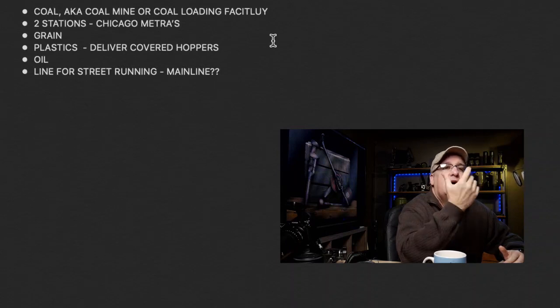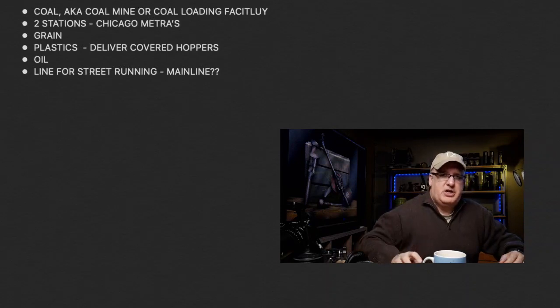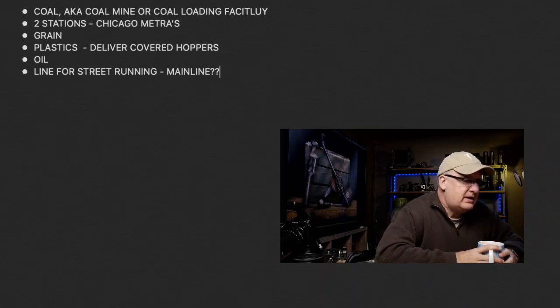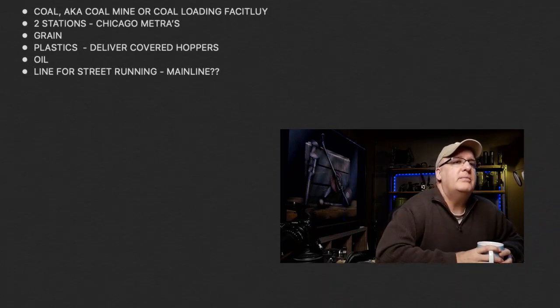Let's see here. I'm just reading some of the comments here. Yeah, well, I built this house with the idea of the basement was going to be used for a model train layout. I'm thinking about actually making a shed and then insulating it and then doing AC and heat in it. I don't know if you guys watch Simon's Shed. He actually is building an Ed scale layout in England in a shed. I don't think he has air conditioning in that. I don't know if he's got heat in it. But in England, it never gets horribly hot. Well, it has in a couple years. But